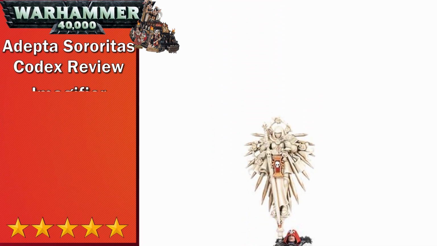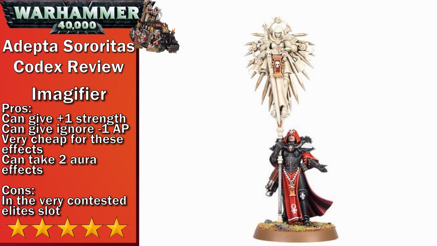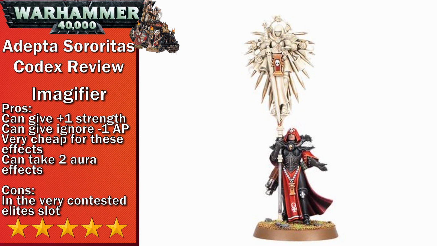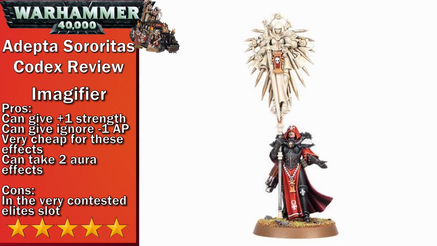Finally, rounding off the whole list is the Imagifier. The Imagifier is great as it is what solidifies your melee units. Giving +1 to strength is pretty much what every melee sisters unit is looking for. This means that you probably want to dot 1 or 2 Imagifiers throughout your army in order to improve the melee where possible. Of course, if you aren't looking to build a melee sisters army, or an army that will